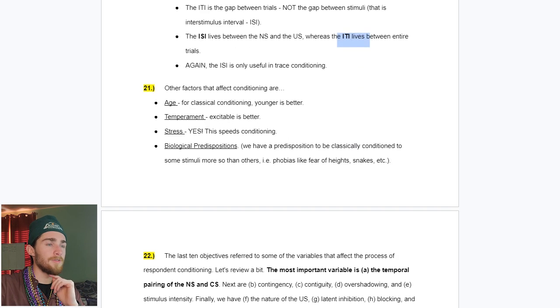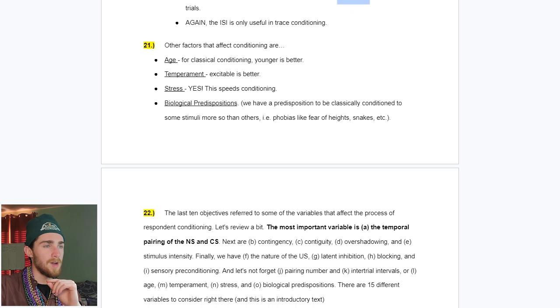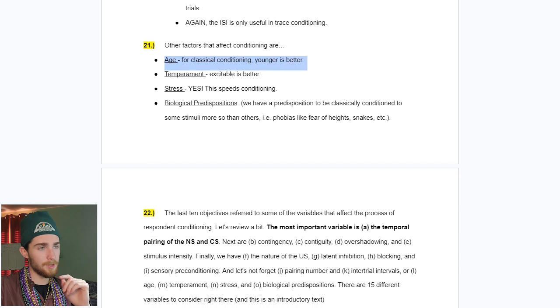All right, other factors that affect conditioning, let's just rattle them off real quick. Age. For classical conditioning, younger is better. Yes, that is correct. When it comes to temperament, excitable is better. The more stress an animal is under, the faster conditioning can occur, but you don't want too much stress, right? It's a balancing act. And then biological predispositions, they also matter because we have a predisposition to be classically conditioned